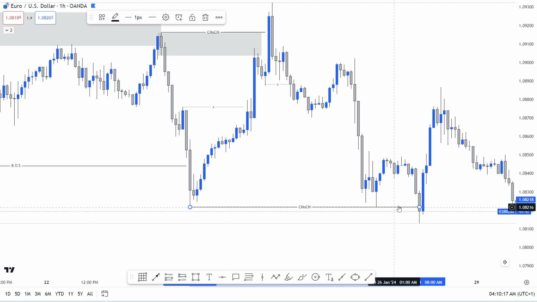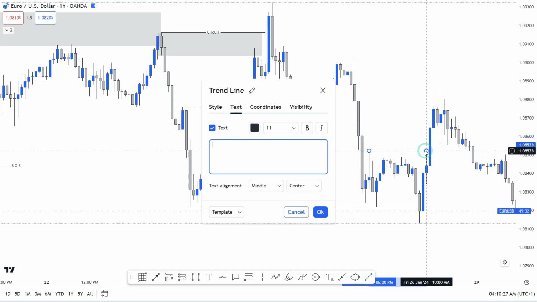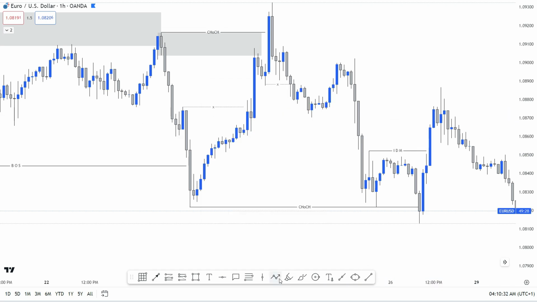Now after the change of character, what else are we looking at? We are going to look for our inducement. And where's our inducement? This is our inducement right there. So I'm going to type this one, inducement. Okay, so after the inducement, we want to mark what? We want to mark our point of interest. Now first, we just have to start from the